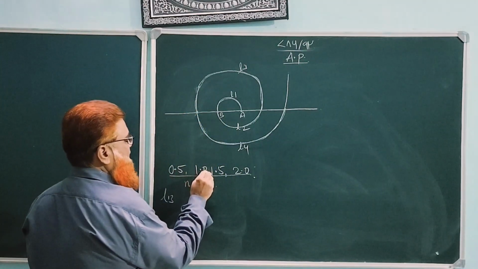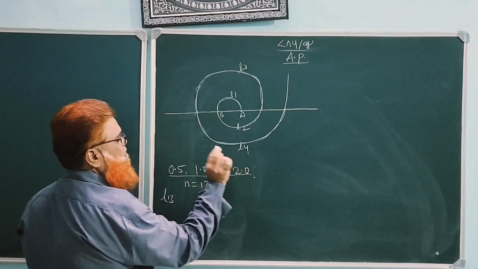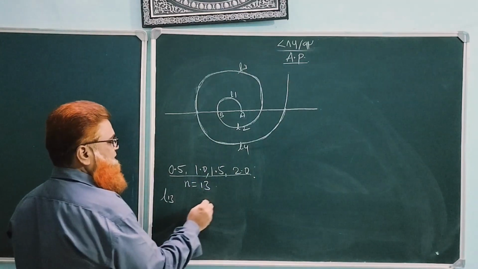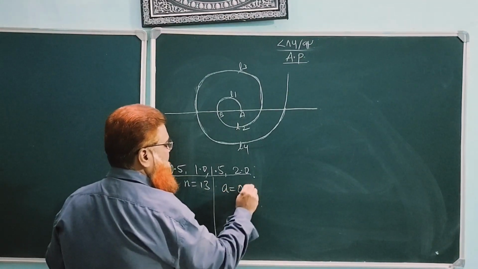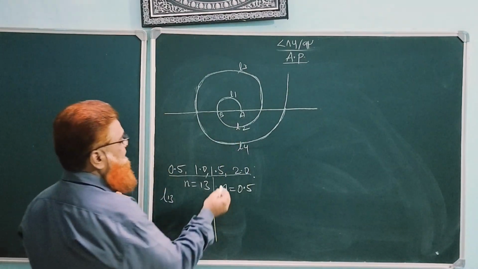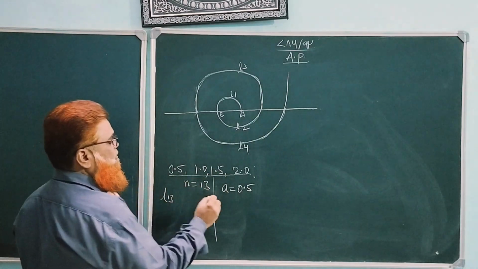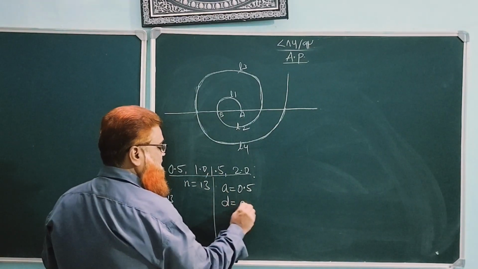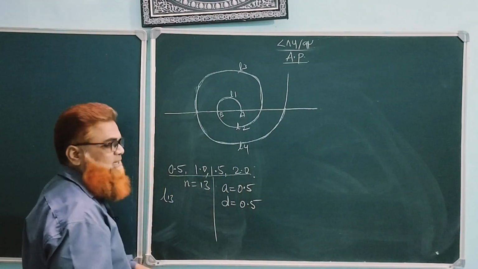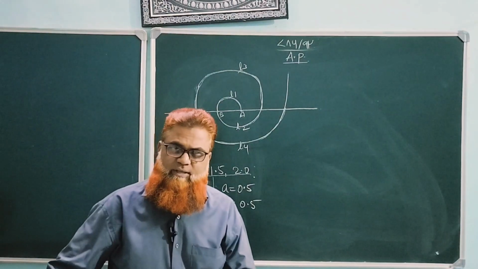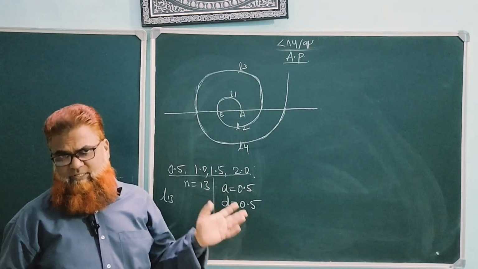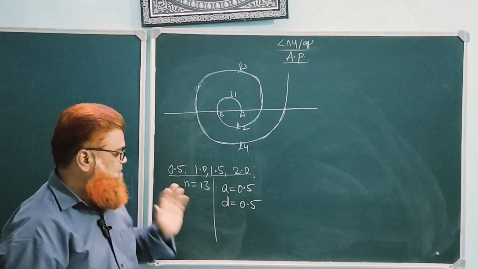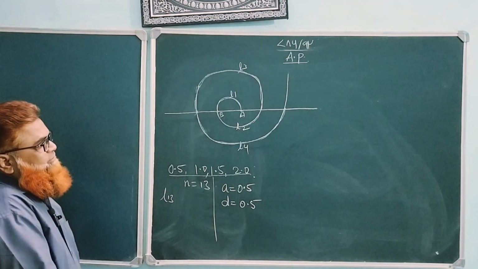0.5, 1.0, 1.5, 2.0. So what is the first term? The first term is 0.5. What is the difference between these two? The difference is also 0.5: 1 minus 0.5 is 0.5, and 1.5 minus 1 is again 0.5. Now actually